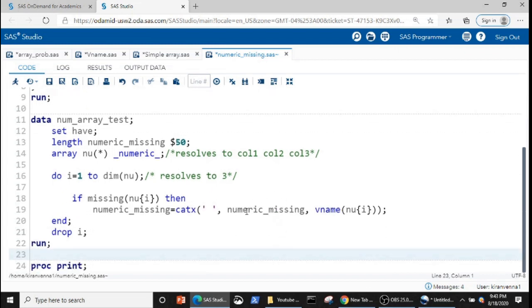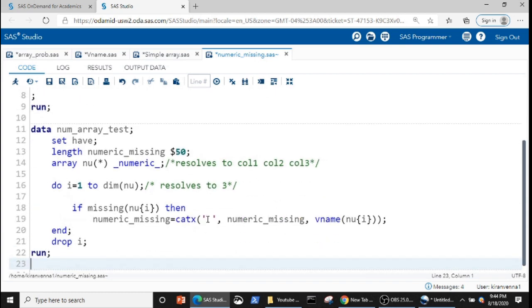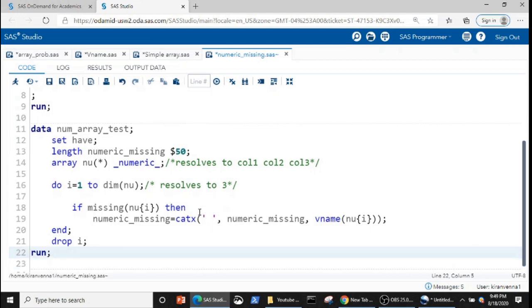Now we are going to concatenate call2 with call3 because nu[3] is missing, and we capture the vname of it. So for this particular observation, we are going to have call2 space call3. The catx function does nothing more than concatenate values and add the separator which we have mentioned between the concatenated values.